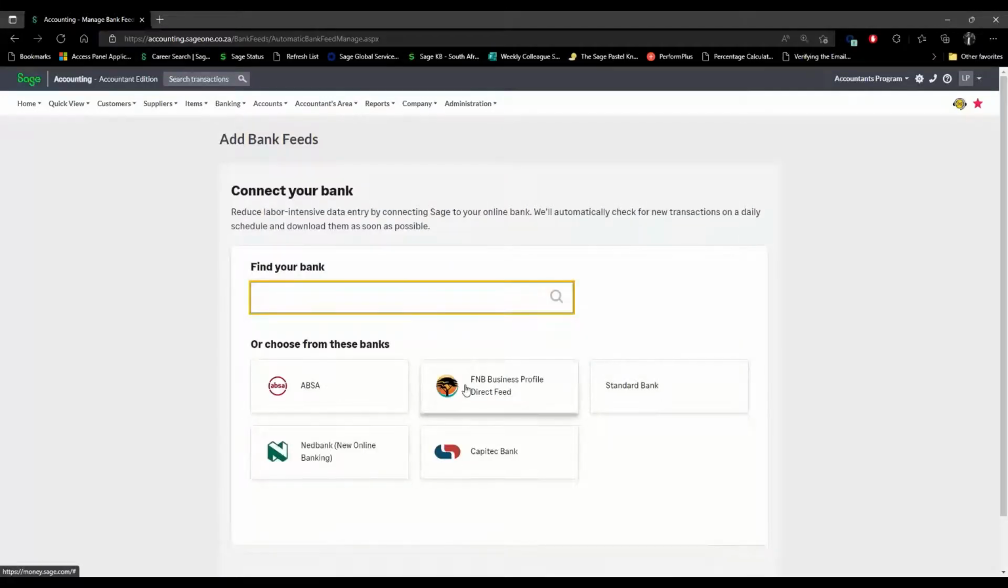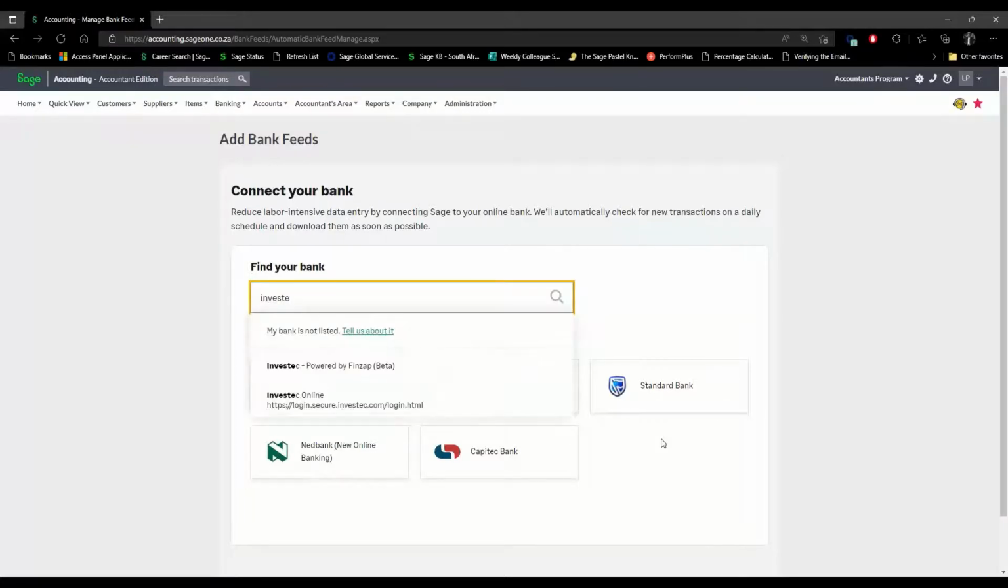By default, it'll list the most common banks here, which is these 5. If there's a specific bank you want, maybe like, for example, Investec, you'll just type it out and it'll list here. And then you can select your bank account, fill in your login details, and then just authorize it on your